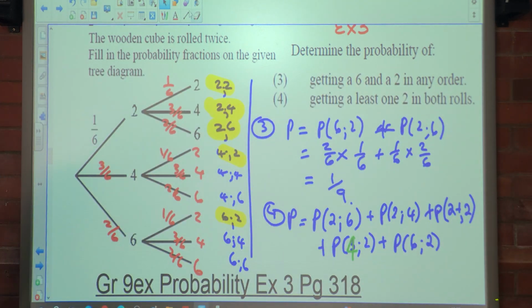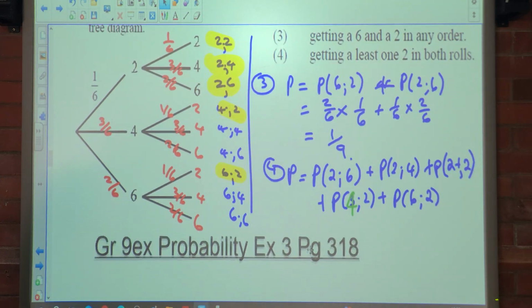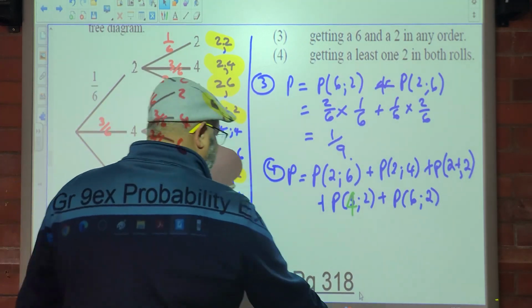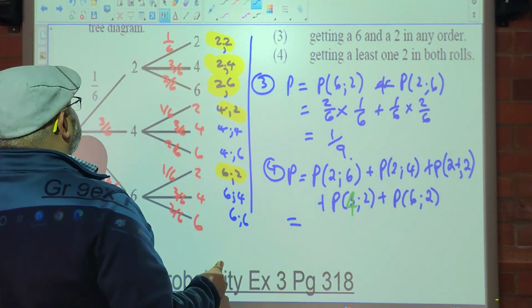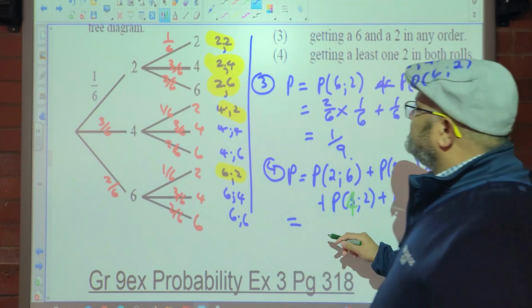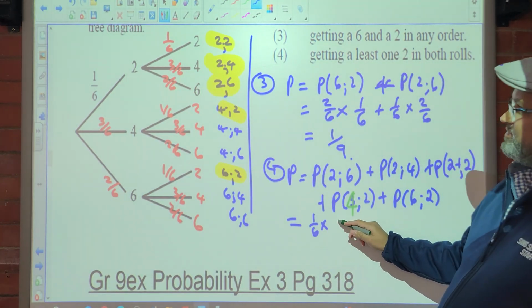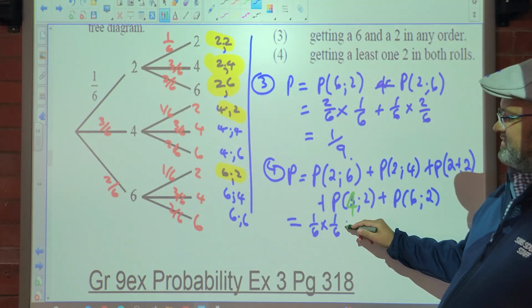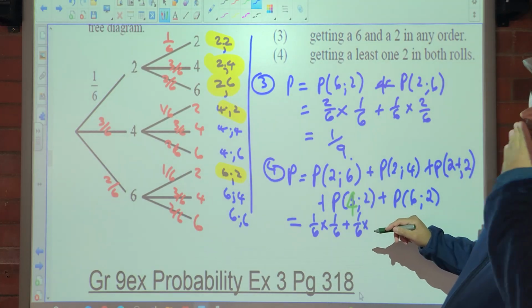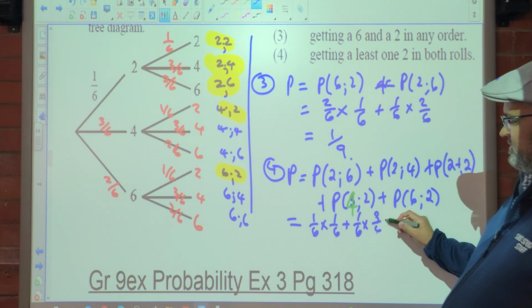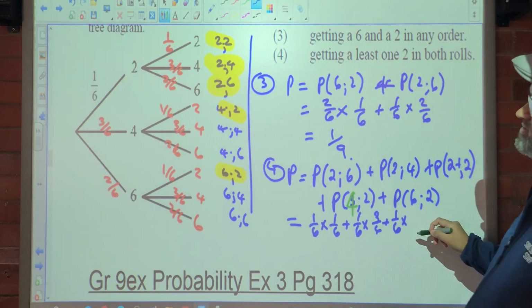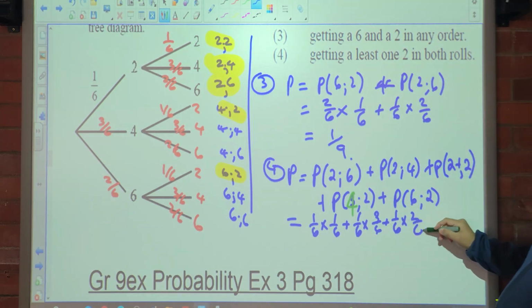Alright. So what do I get, people? Probability of 2, 6. So it'll be 1 out of 6 times 1 out of 6, plus 1 out of 6 times 3 over 6, plus 1 over 6 times 2 over 6, plus